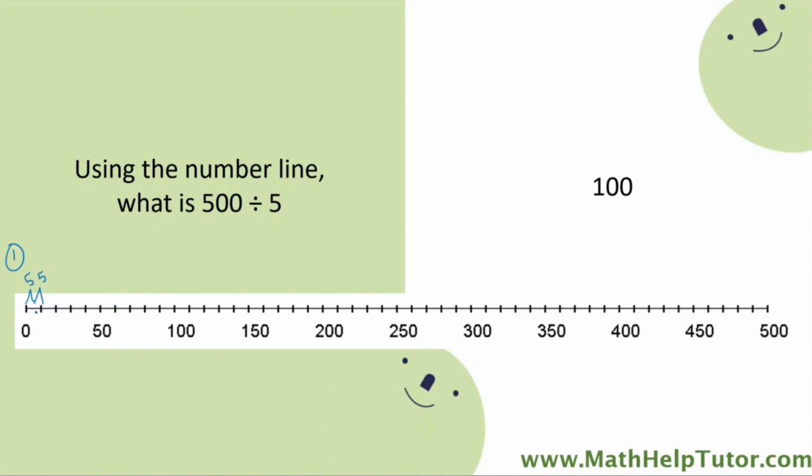So what we could do is count the number of divisions that there are from 0 to 500 and then multiply them by 2 to get the number of divisions of 5 from 0 to 500. But that is much more tedious, right? So probably let's do the second method, which is we divide 500 into 5 equal sections and then count how long each section is. So if we divide 500 into 5 equal sections, that would be